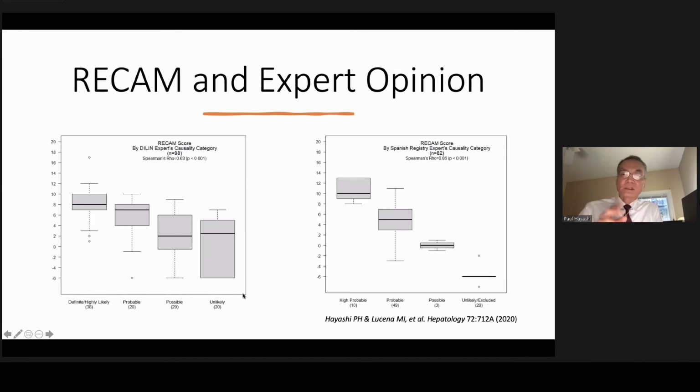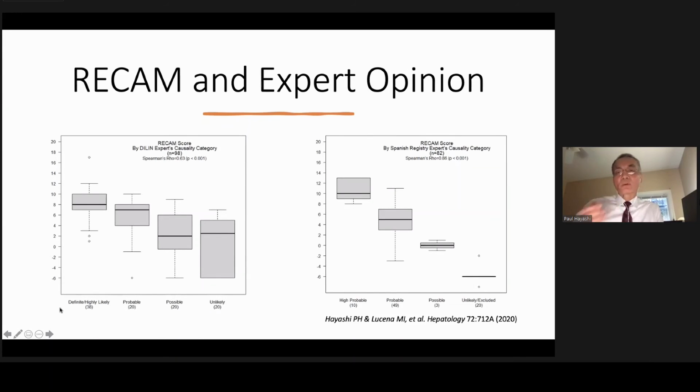And I think the reason is the DILI, we don't bring cases in unless we think they're DILI up front. In other words, if we ruled it out with a hepatitis E antibody or something else, we don't even enroll them. On the other hand, the Spanish group, they get referred cases in that they quickly can see that this is not DILI, but they retain those cases in their data. And that's why I like to say the Spanish group has really good, bad DILI cases. Whereas the DILI, these are cases that actually fooled us up front. And I think that's why the RUCAM has a little more difficulty with these cases coming in.